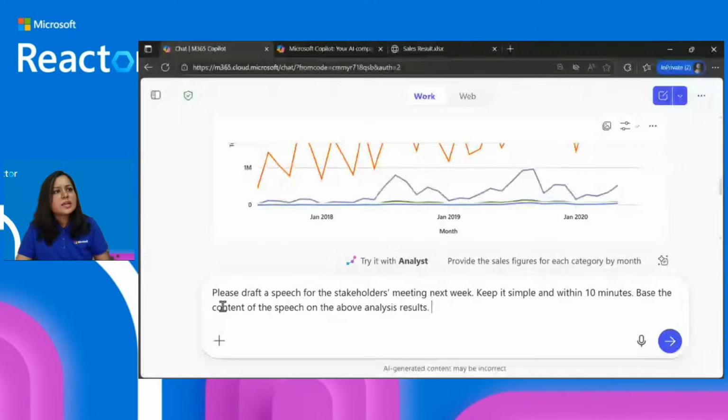Okay, so let's take a look at what we are going to see the response as. So now I've given a clear